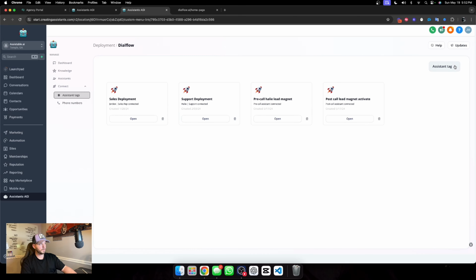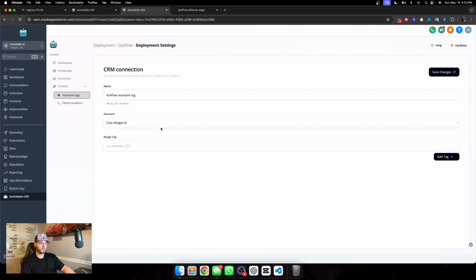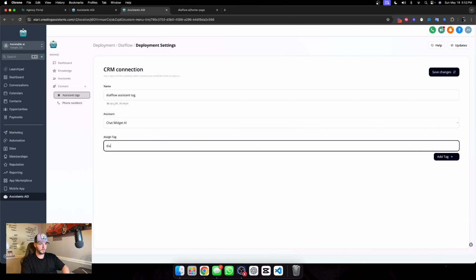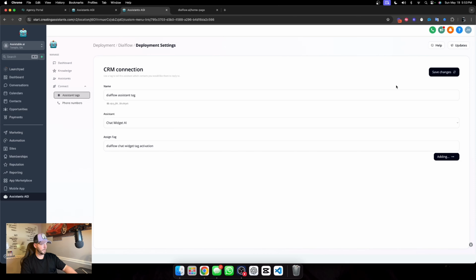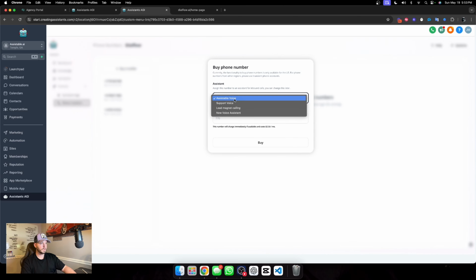So I'm gonna go here and I'm gonna create an assistant tag. I'm gonna say dial flow assistant tag. I'm gonna choose my chat widget assistant and I'm just gonna say dial flow chat widget tag activation. I'm gonna go ahead and add that tag, which should just push to HighLevel, and I'm gonna save that. So now we have our tag to activate our chat widget, and then now I just need a phone number